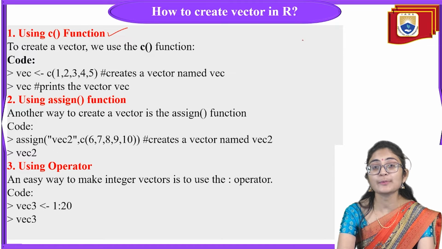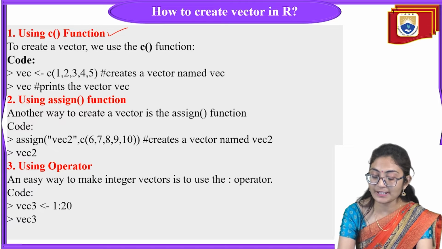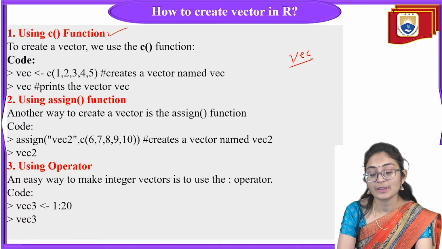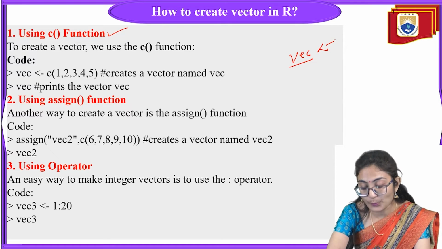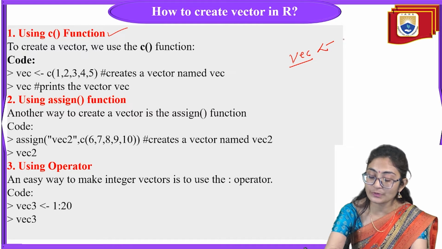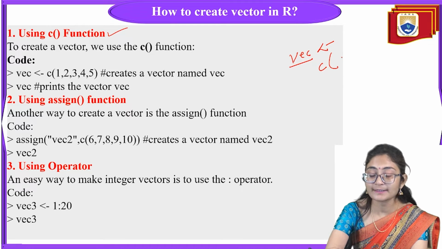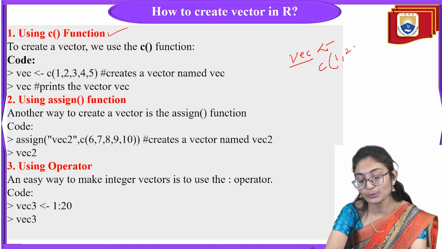In R programming, in RStudio, first you have to declare a variable, and I have declared here vec. Then you have to provide the input, and for providing the input you have to use the c function with some values. I provided here some values: 1, 2, 3, 4, 5,